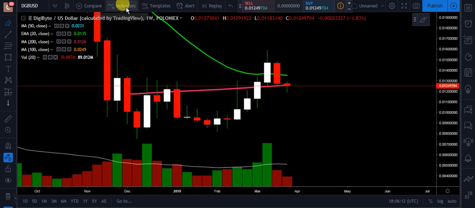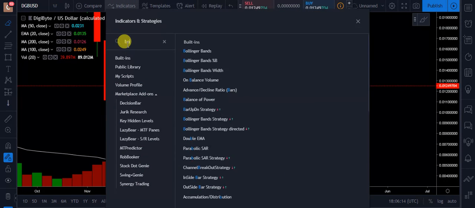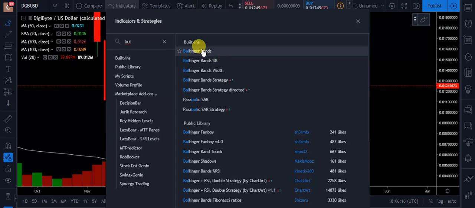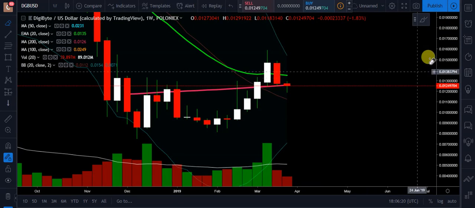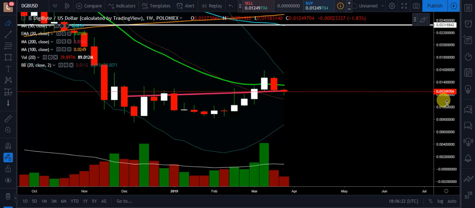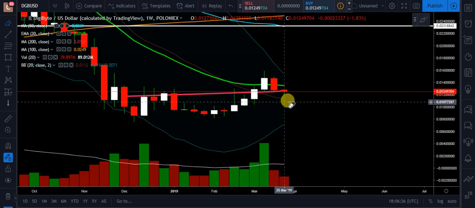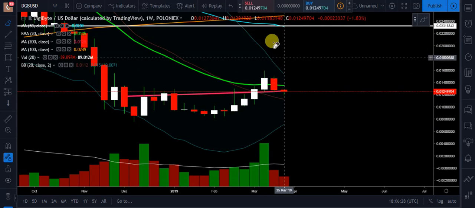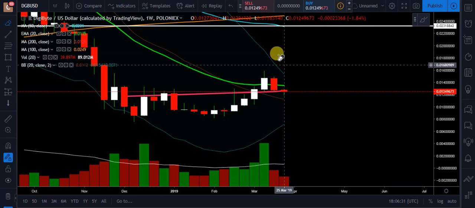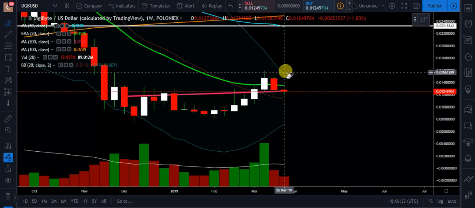Next one I want to go to is the Bollinger Bands and see what's happening with those. See if we're seeing any squeezes or overextensions. Alright, so the Bollinger Bands, we're not too bad here. We're actually starting to get a little bit of a squeeze here. We're up above the middle band, which is good. We're holding that as support, but you can see the downward line right here,